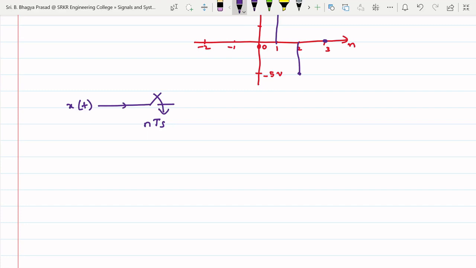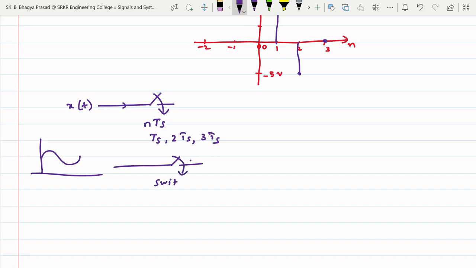That is, I am closing it at Ts, 2Ts, 3Ts, like this. So if the signal is like this, I am closing this one with a switch,